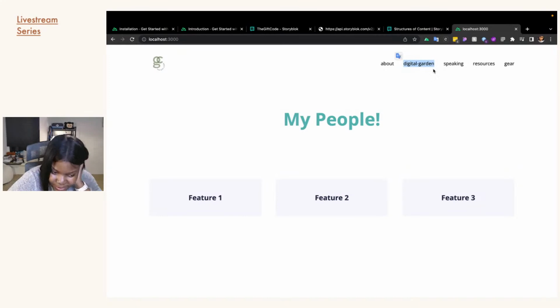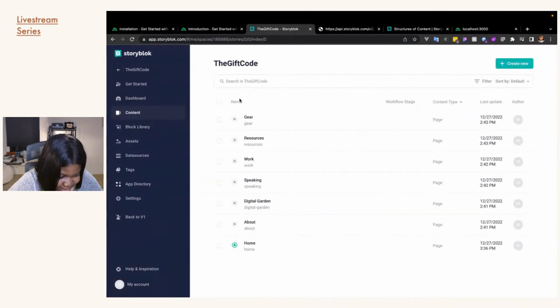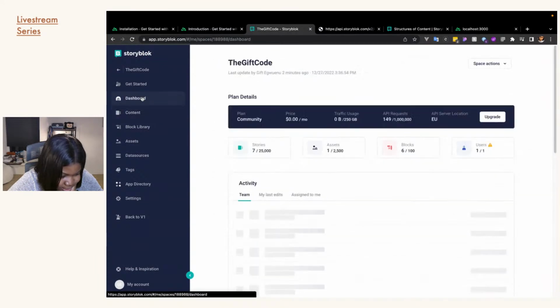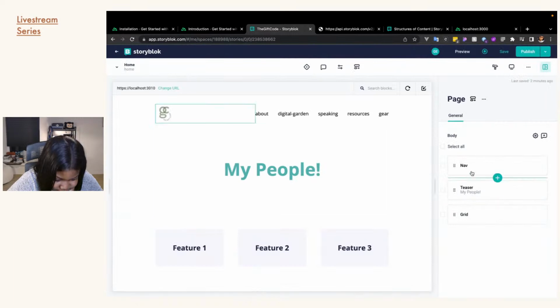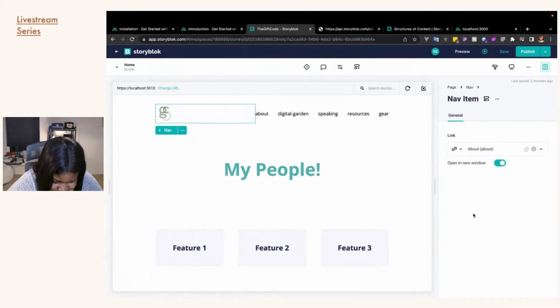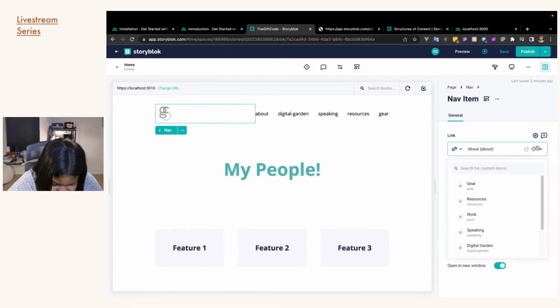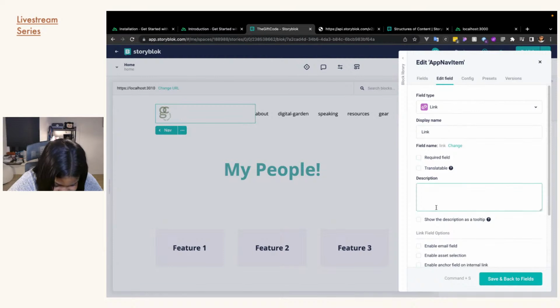I don't want to use the cache URL because otherwise it's going to have digital garden like a column. I want to use the title of the link. So let me look for how to change that in the dashboard, in the content type. So nav item about, I want to use this thing instead. The thing on top, not the thing under, like the title. So I'll check the settings of this link and